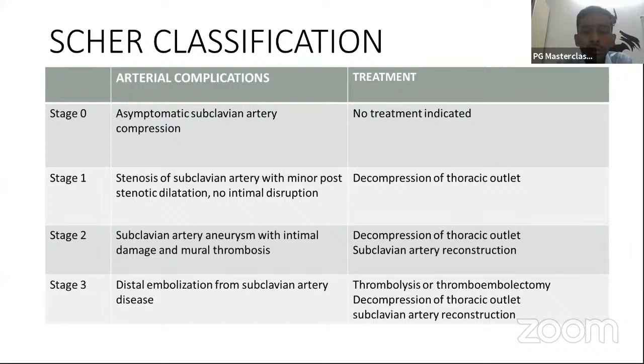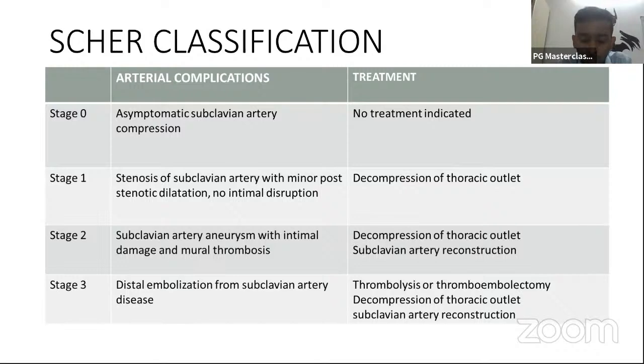So the approach to a subclavian artery or the thoracic outlet, as described previously in anatomy, there are multiple ways we can approach this place. This space is located just under the clavicle. So there are two common approaches, that is the supraclavicular approach and the infraclavicular approach. Later, as the cosmesis started gaining importance, the transaxillary approach was also discovered. A transaxillary approach was also attempted and is quite successful, especially in terms of neurogenic